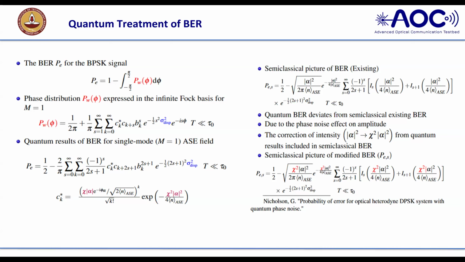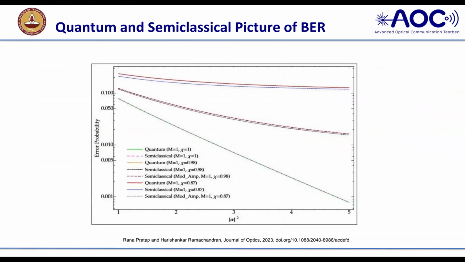And what I found is that in the quantum treatment, the phase will get affected by chi, that is the amplitude coming from the phase part. But in the case of semi-classical, we have no chi term. So I learned from the quantum and then I applied it to the classical by intuition. And what we saw is that both the quantum and semi-classical pictures match, right? Both pictures match.